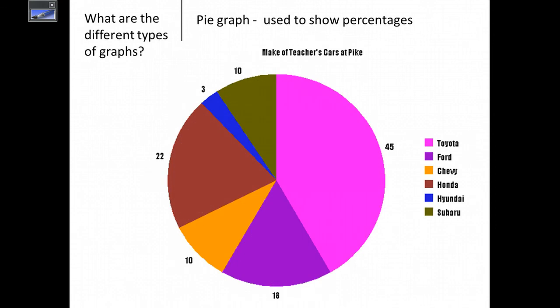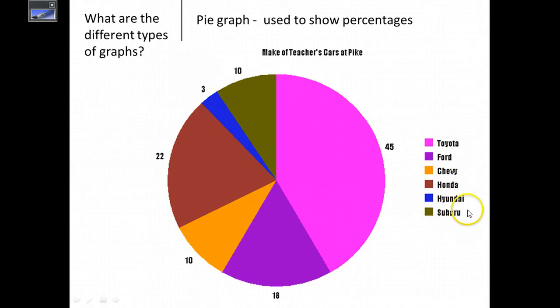And this chart shows the make of teachers' cars at Pike High School. As you could quickly see, this area is the most popular brand of car, and that is Toyota. The next most popular brand is this segment of the pie, and that is Honda. The next biggest segment is this right here, that is Ford. Then the next is actually a tie, 10% is Subaru and Chevy, and the smallest is this little sliver of